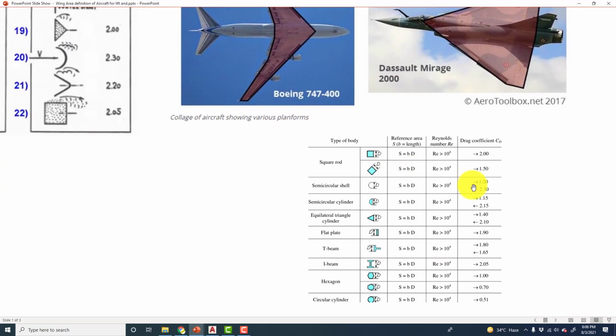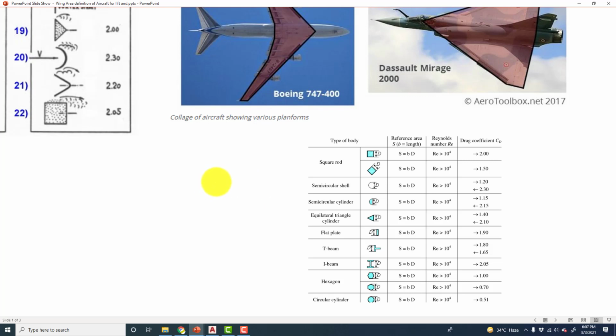Also in these cases we are given some references. For example, square root of d into b, where b is its length in the third dimension, and in this case again it's b into d. Here's a d, here's a d, and here's a d, which is the maximum height of this body. But whatever dimension you are taking, just be careful that those dimensions should be consistent in all your work.